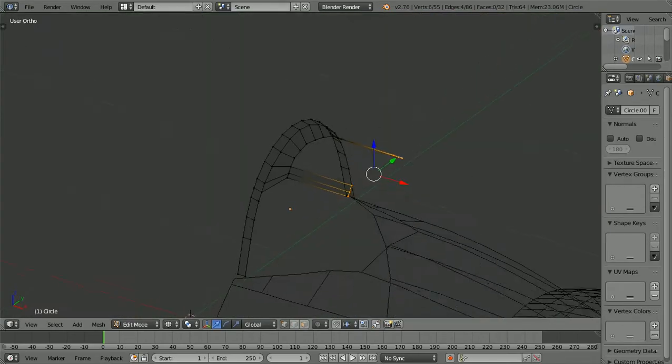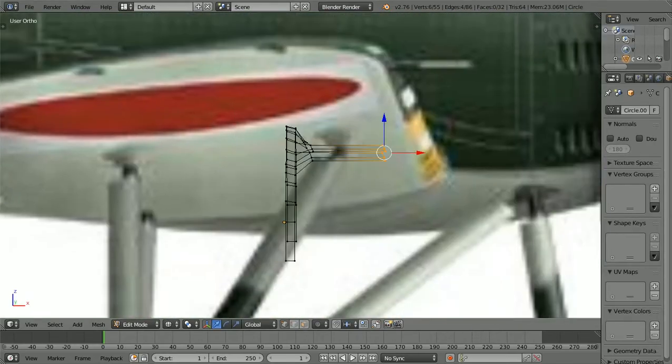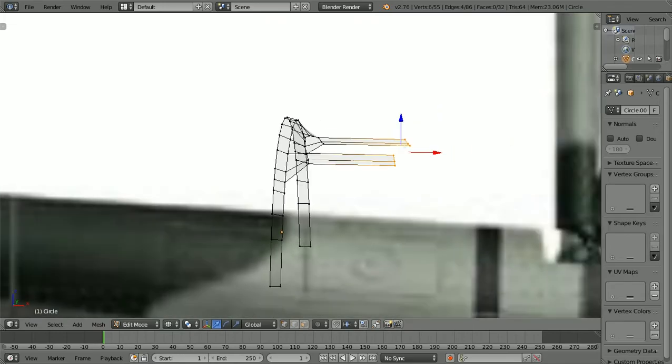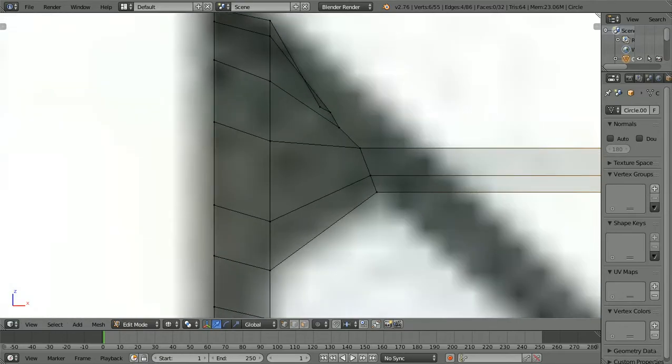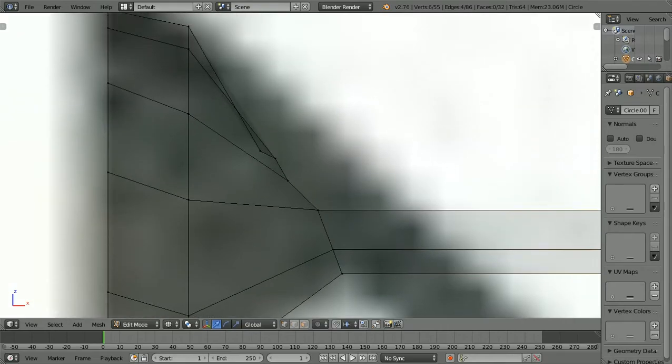Okay, and if you notice, notice we really distorted some things up here. One way to fix this is